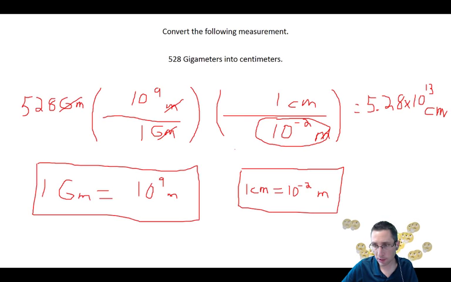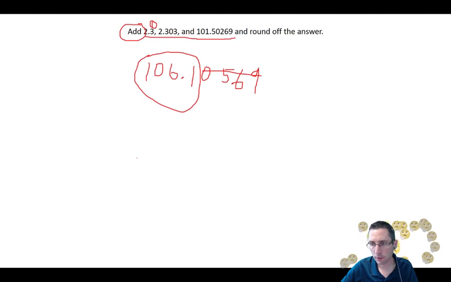Yeah, Hart says 5.28 times 10 to the negative 13, but it should be a positive exponent. There should be a ton of centimeters because those are really, really tiny things, so there better be a lot of them in 1 gigameter, which is a really, really big thing. Right, so I think it should be positive 13. All right, cool, so maybe he just typoed. Okay, so that's the answer for this addition subtraction.